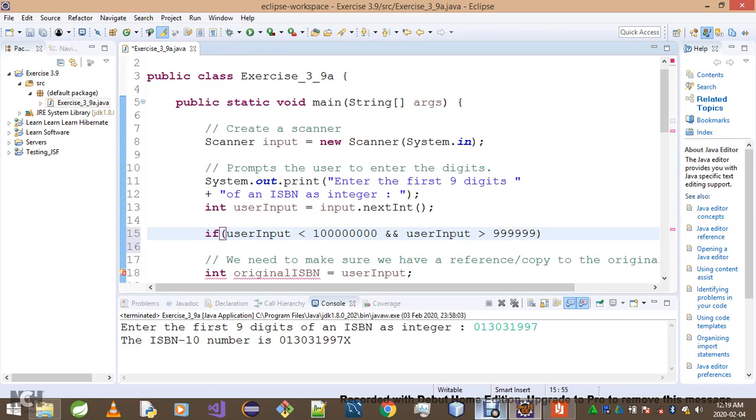How many 9s do I have here? 2, 4, 6. It has to be some 9-digit number,